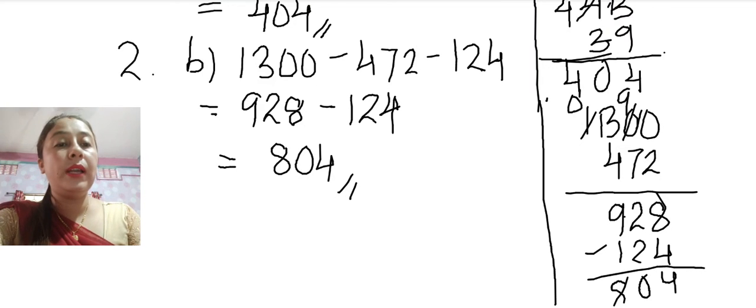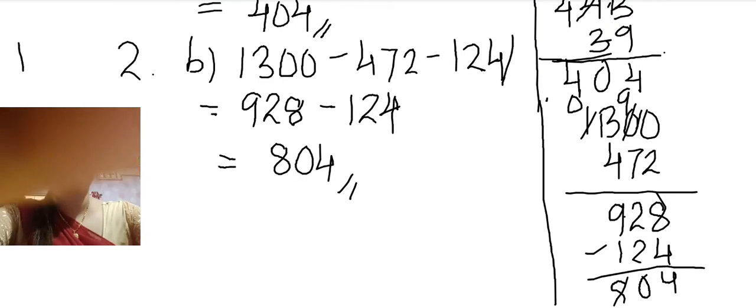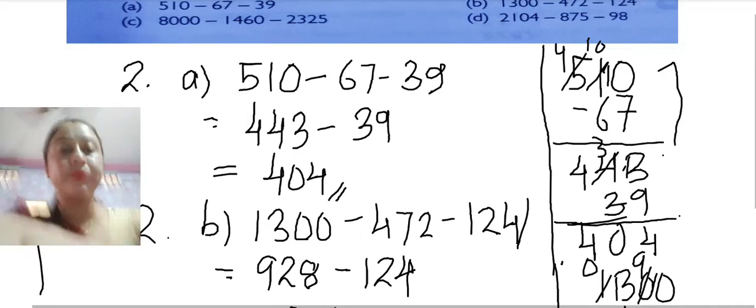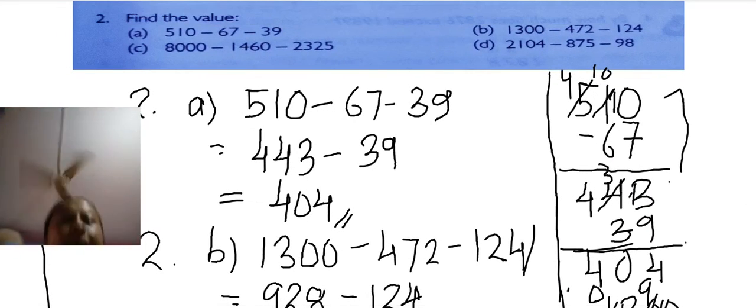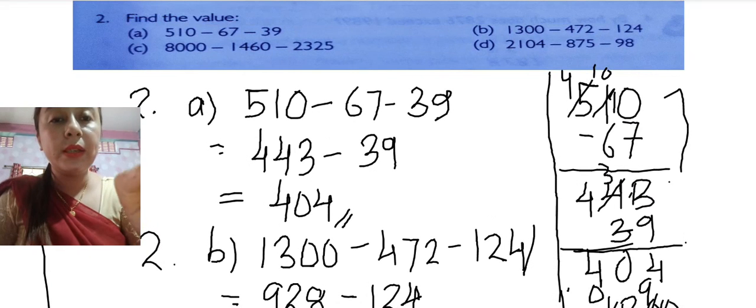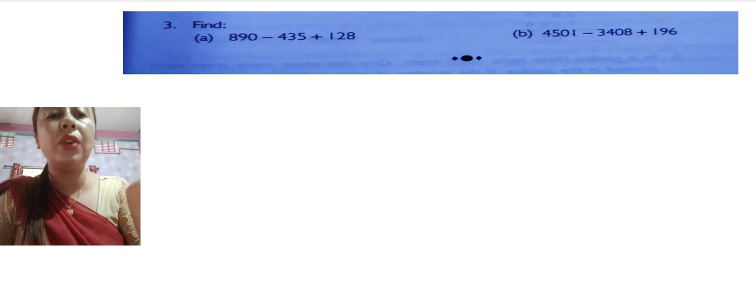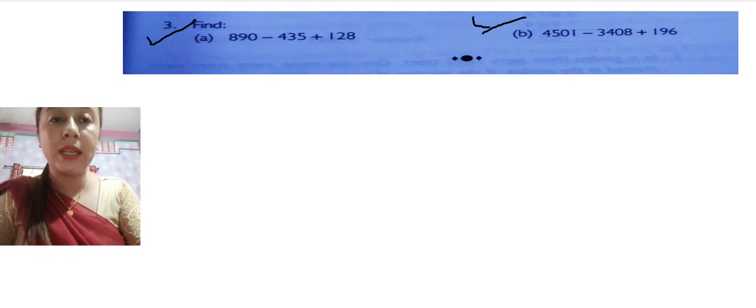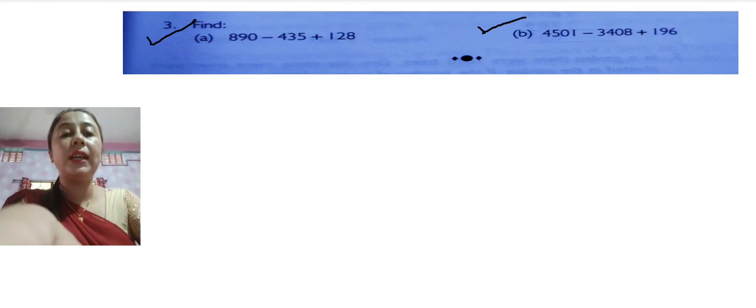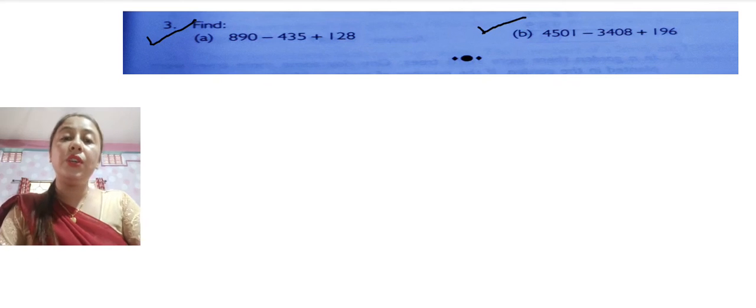So children, I hope you all have understood. So what we did in today's class, let me show you again. We did A and B. Yes, I have done A and B in the class. You will do C and D by yourself. Okay children, so if you find it more interesting, you can solve 3A and B by yourself, but we are skipping this in the class, so you don't have to do. But if you find it more interesting, you can do it yourself also.